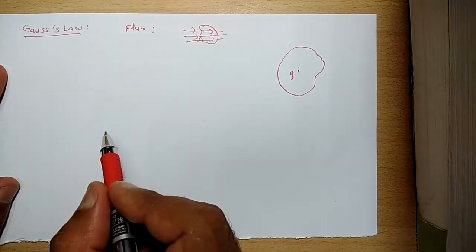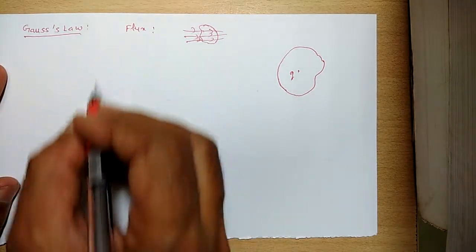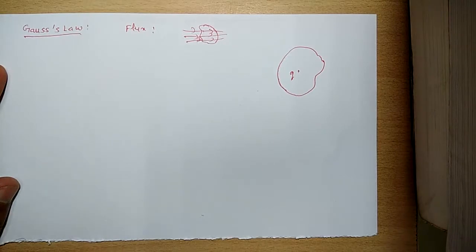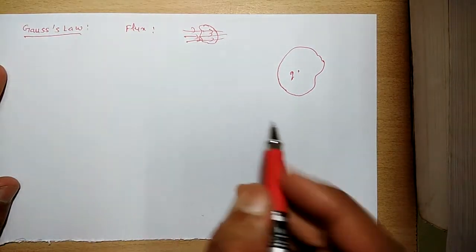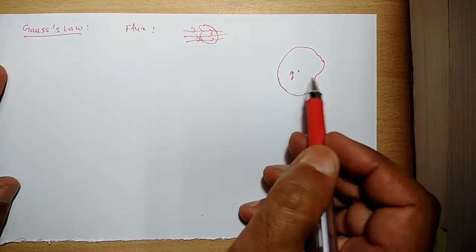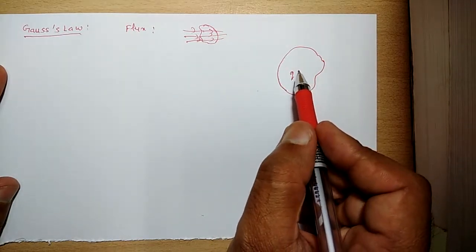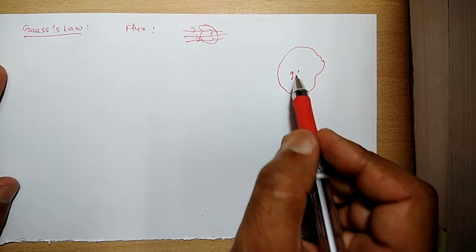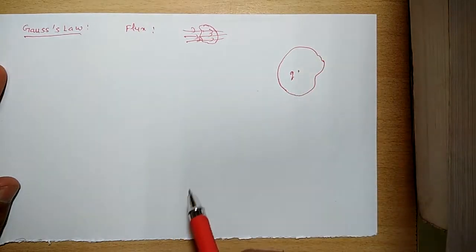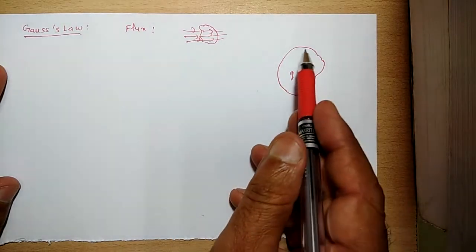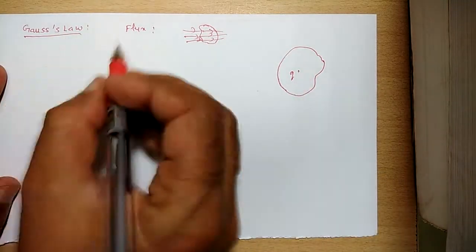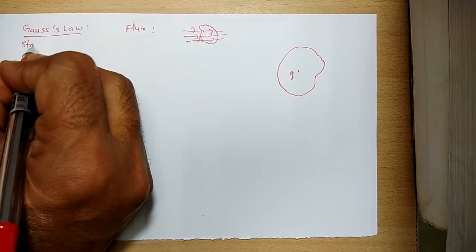So here in the Gauss law, we deal with the electric flux. So here we will consider any closed surface, and we will consider here the charge Q is enclosed in this surface. So the Gauss law states that